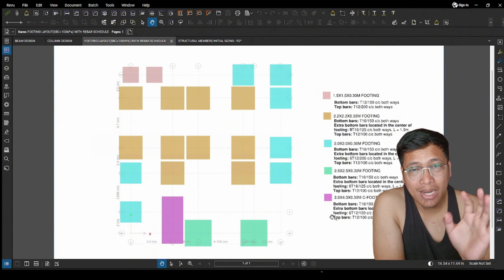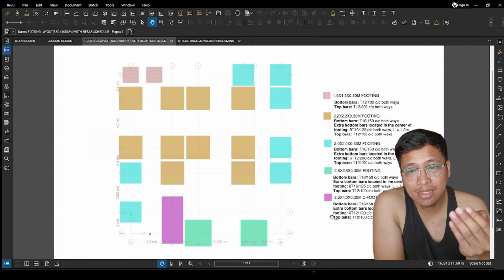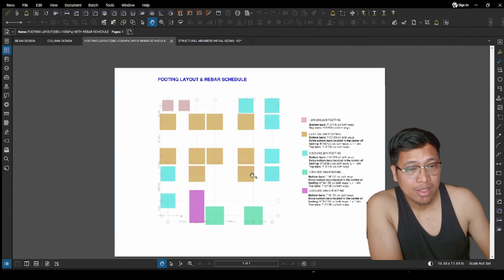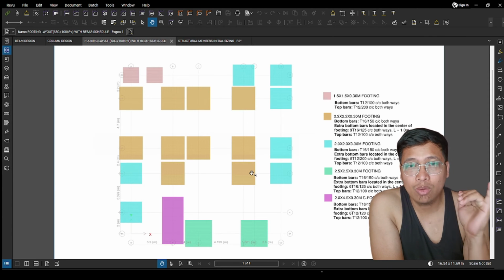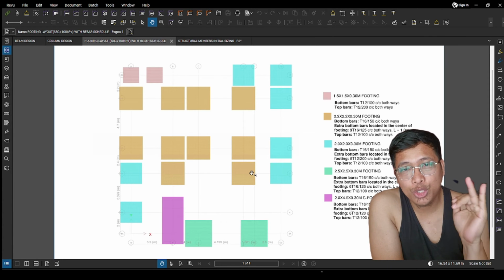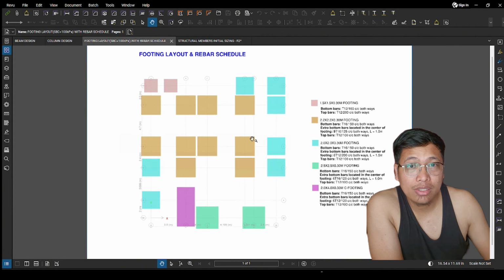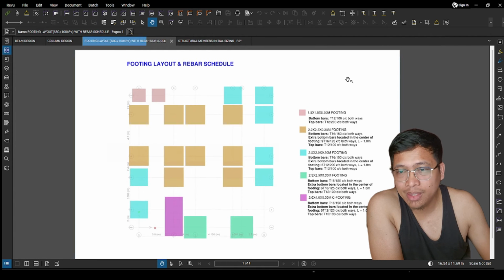Pero kung plus siya, so you can export it directly to the SAFE and you can analyze and design the footing or foundation that you have. Okay? Ang kailangan naman sa design ng foundation is you need to check the allowable settlement, the soil pressure, and the design. That's all. Based on the geotechnical report. Okay? And after this,